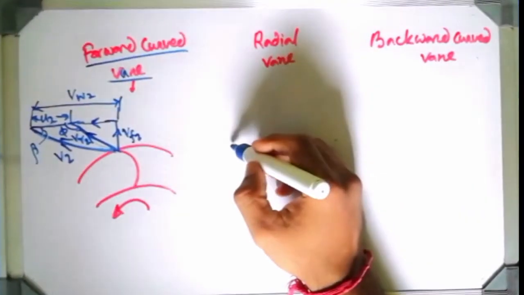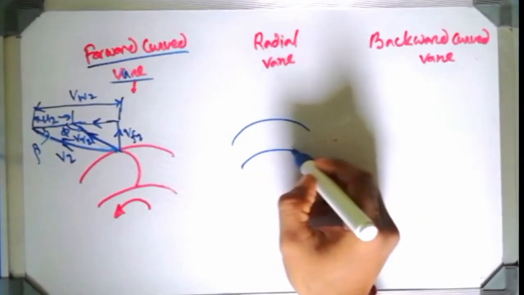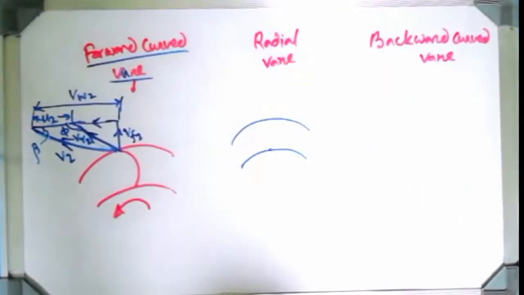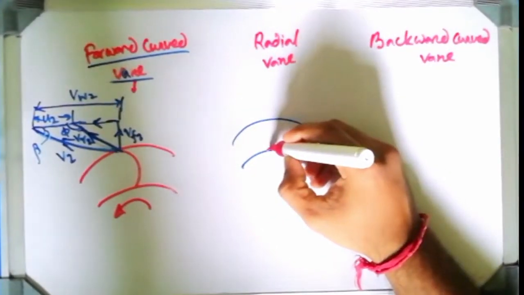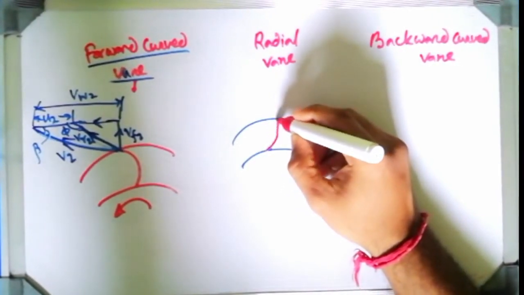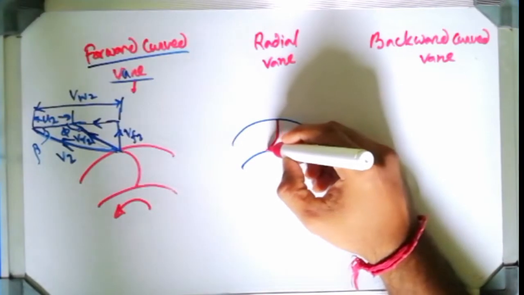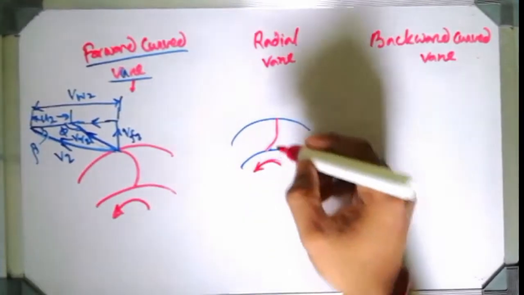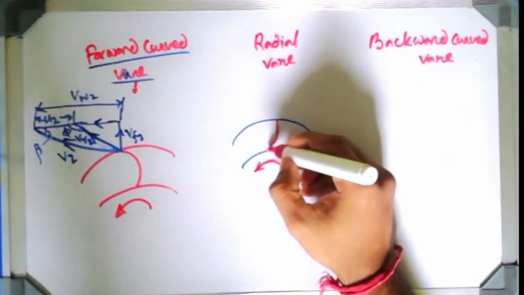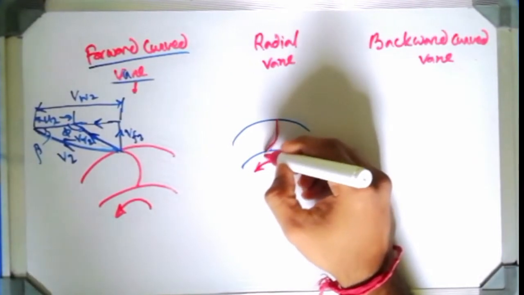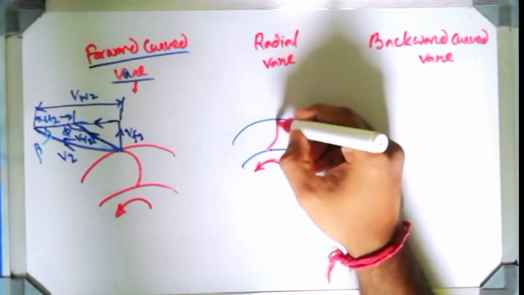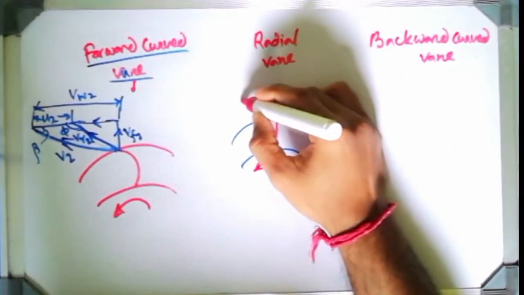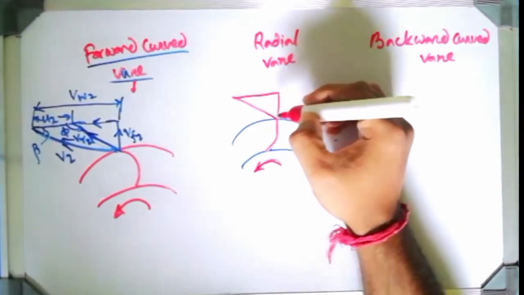direction. Now if I go for the same kind of geometry for a radial vane, radial vane means at the inlet part there is some curvature, but at the outlet it is going radial like this, and the rotation is in this direction. So you can see the blade curvature is there at the inlet part. From here the water will enter, but at the outlet the blade is going to be radial. So according to the changed blade geometry, the velocity triangle will also change.